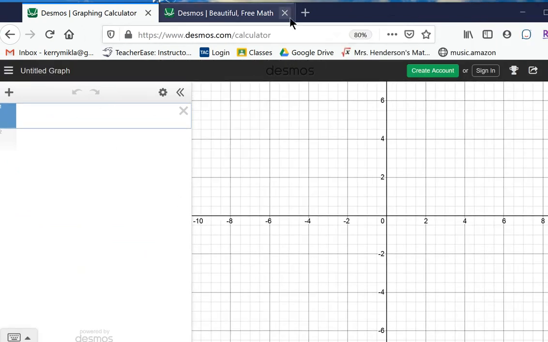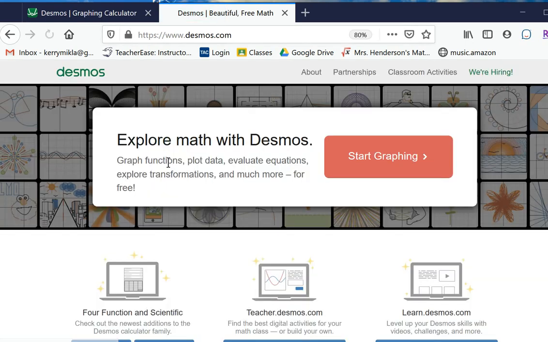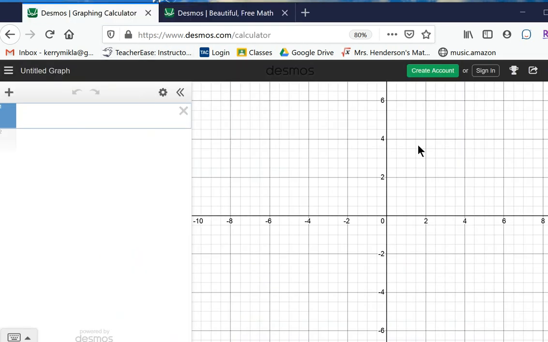So if you're using the internet as your graphing calculator at desmos.com, right? You'll see this when you sign on. The main website will say Explore Math, and you just click Start Graphing, and it will open the screen for you. Now to type in some powers and things like that, you need to open the keyboard here in the